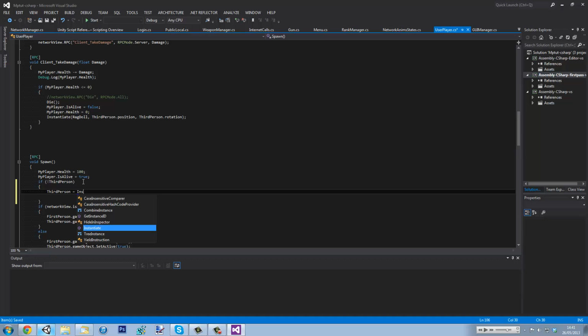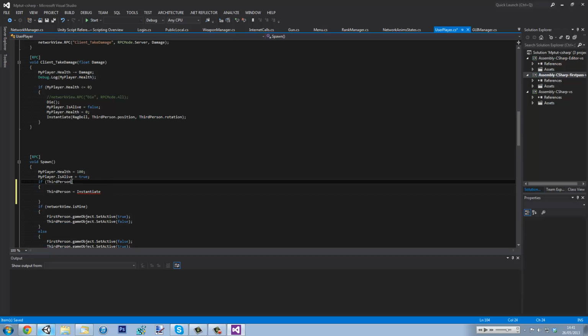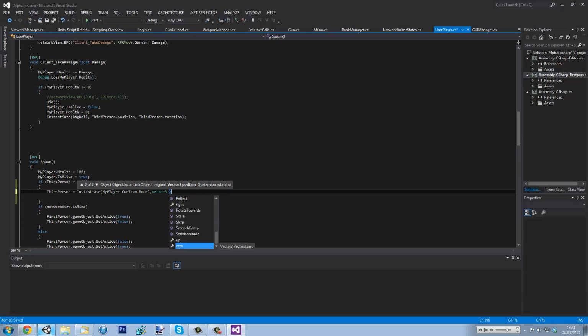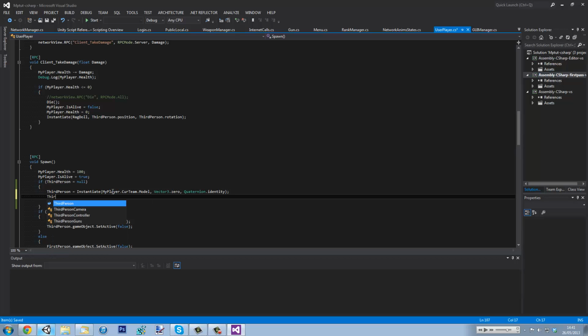If third person is equal to null, third person equals Instantiate, my player then dot team dot model, Vector3.zero, and then Quaternion.identity, and then we want to go thirdPerson dot